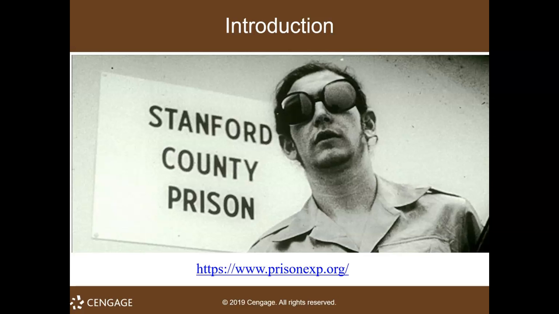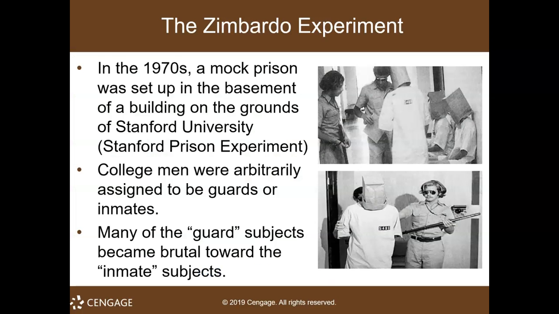So there's a really cool video that you can watch right here, but this is what they call the Stanford experiment. In 1971, Dr. Philip Zimbardo conducted a very infamous experiment on the grounds of Stanford University designed to explore the effects of power, more so in a prison setting. Again, the other name for this Zimbardo experiment is the Stanford Prison Experiment.